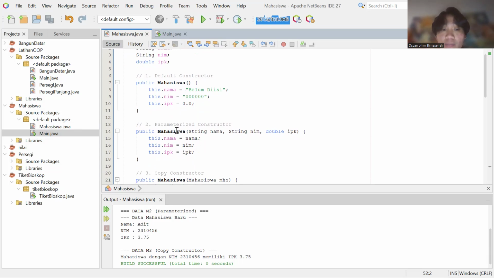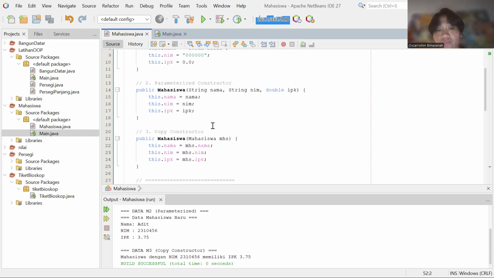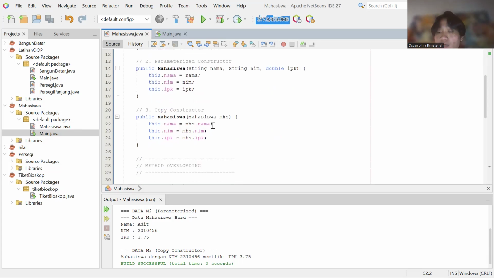Two, parameterized constructor. This constructor initializes the object with given values. The constructor accepts parameters such as ID, name, department, and GPA. It allows data to be assigned directly when the object is created. Three is the copy constructor.